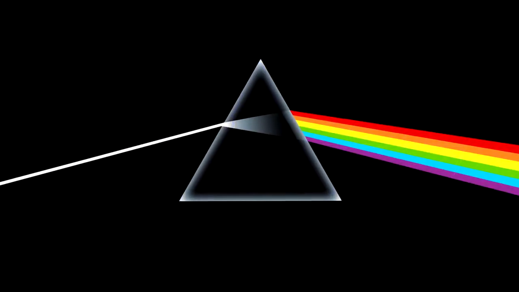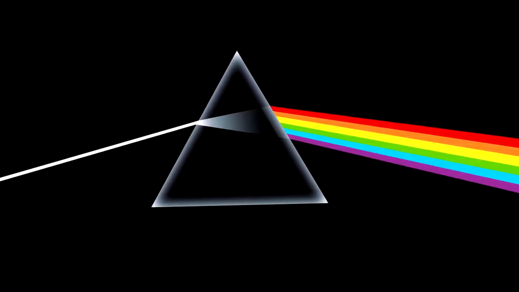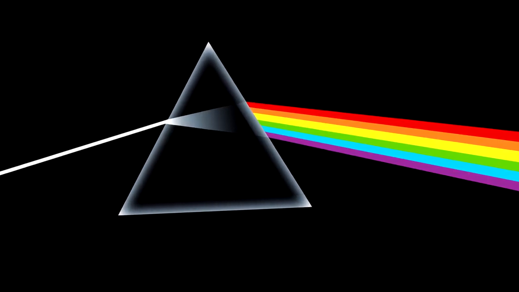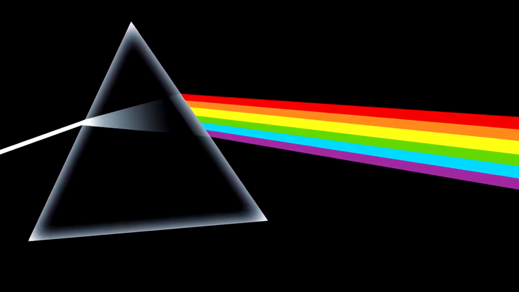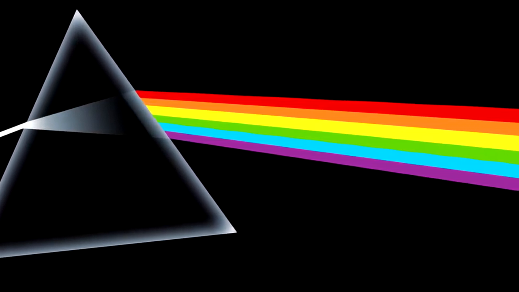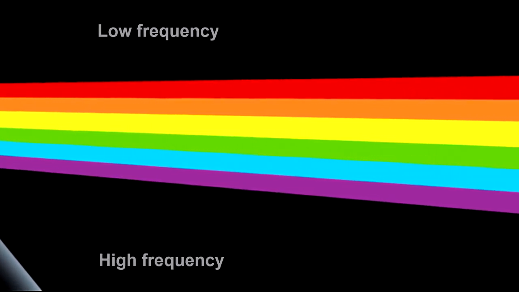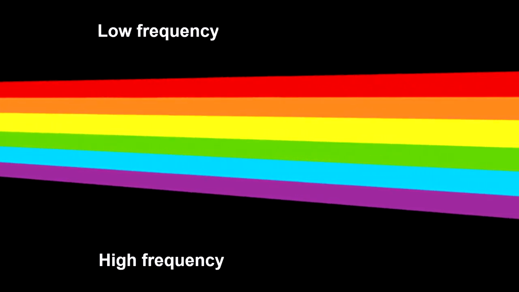Newton showed that the sun's light can be dispersed into the colors of the rainbow with a crystal. This effect comes from the wave nature of light. Different colors represent different light frequencies. The higher the frequency, or inversely, the shorter the wavelength, the more it's bent by the crystal. This produces a spectrum of light with blue and violet at the high frequency end and red at the low